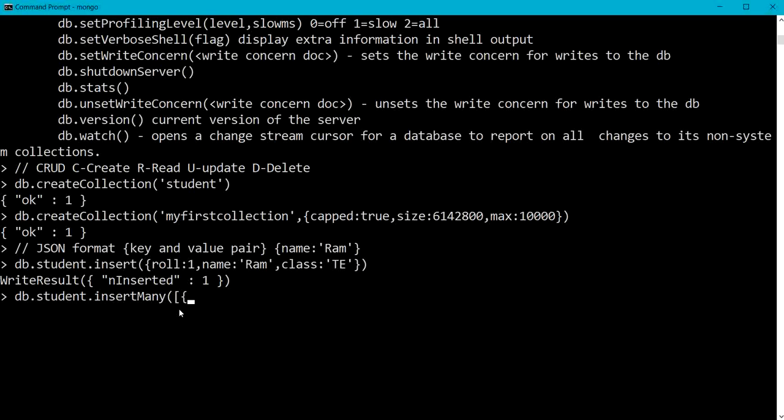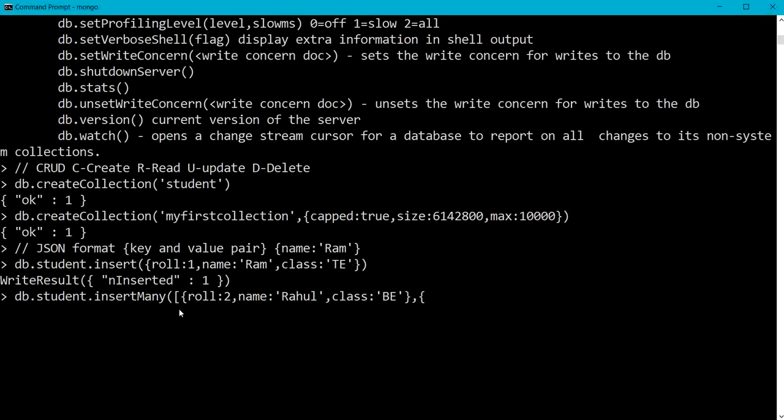So let me take the first document: roll number 2, name Rahul, and class B. So this is my first document, comma,